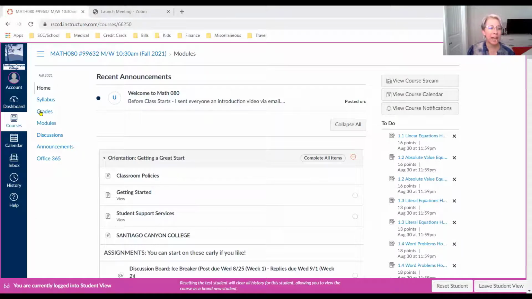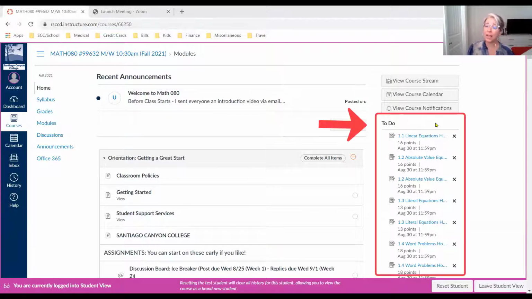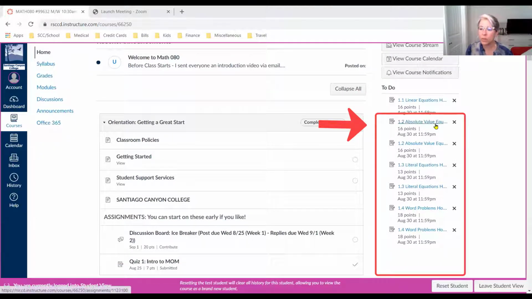And really over here in the navigation, there's only 3 of these that you really need. The home page, which we're on right now, the syllabus page, and your grades page. The modules, discussions, announcements, everything can actually be found here on the home page. So any recent announcements will show up here on top, usually like the latest 3 announcements. You also have this nice little to-do list, and I know it looks overwhelming right now on the right, but there's some of them, if you notice, that are showing up twice. That's something I need to fix. I do not expect you to do the homework twice. So hopefully I'll fix that in the next week or 2.